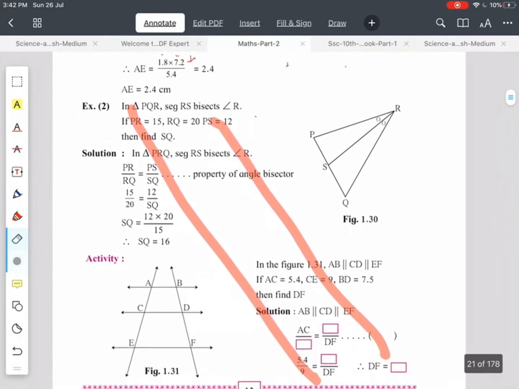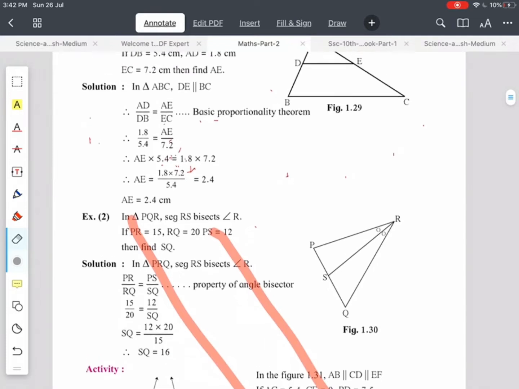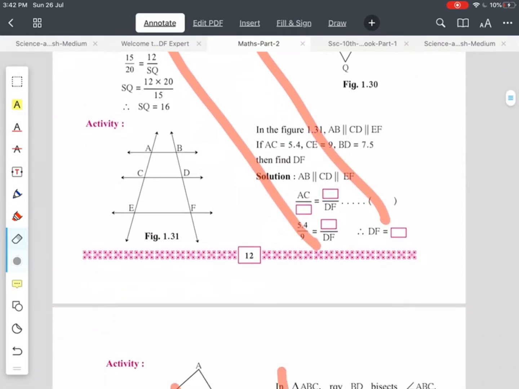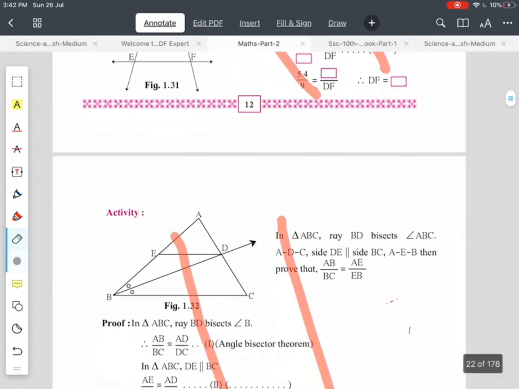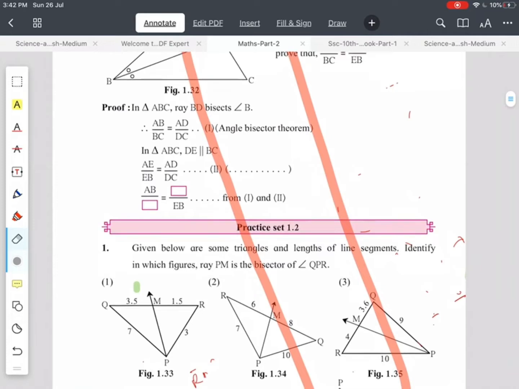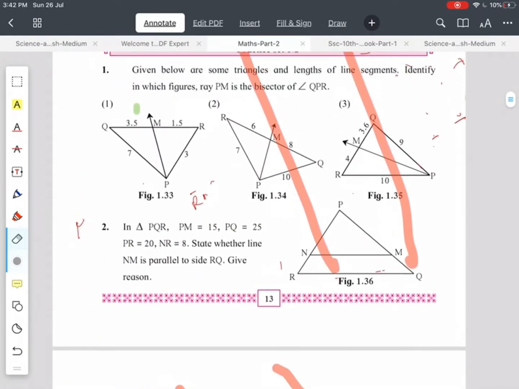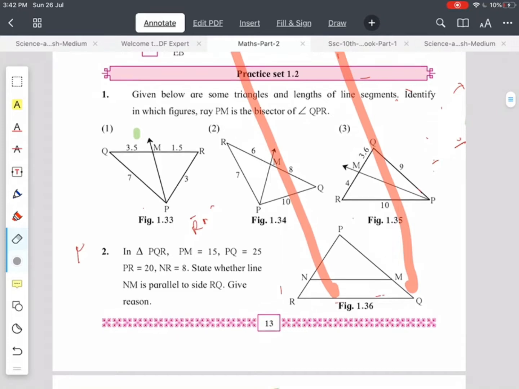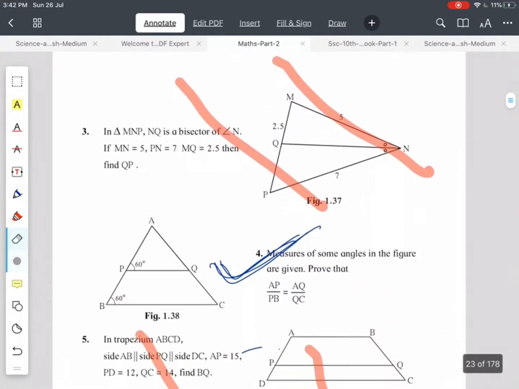Page number 12, the first example is there, which is based on basic proportionality. The second example on page number 12 is omitted. Then on the next page, page 13, the full page is cancelled, including practice set 1.2, which is based on the angle bisector. Page number